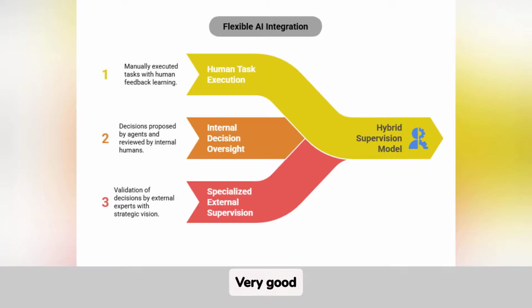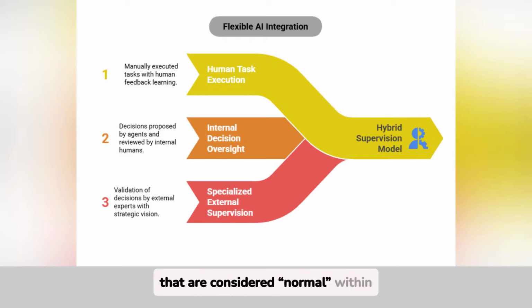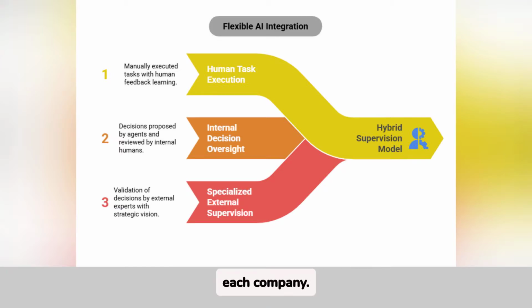Very good question. An outsider brings a fresh, objective, and strategic vision without vices of the past or internal biases. They often detect opportunities that are considered normal within the company and can also contribute new methodologies, market benchmarks, or emerging technologies. It also helps to break inertia and accelerate change processes when a push from outside is needed. So, with these three options, you can adapt the system to the degree of digital or cultural maturity of each company. There is no single path, but you can choose what is most appropriate at each stage, right?